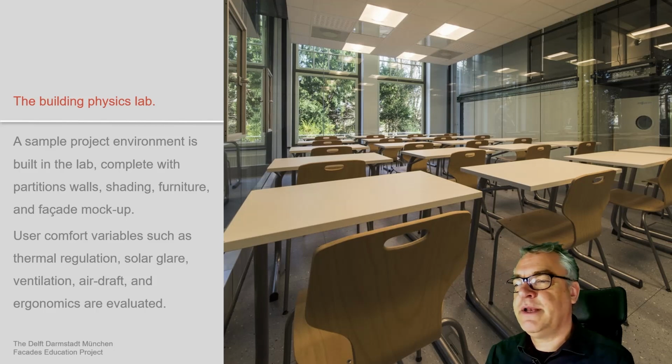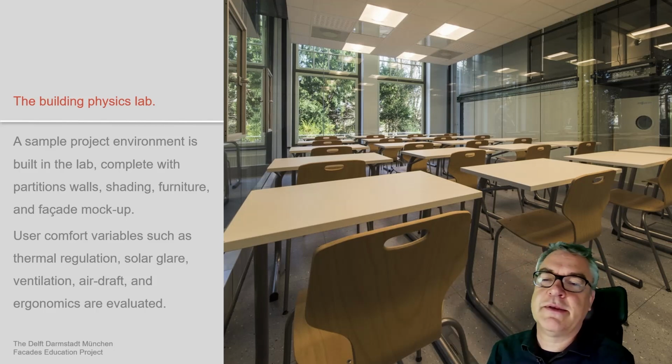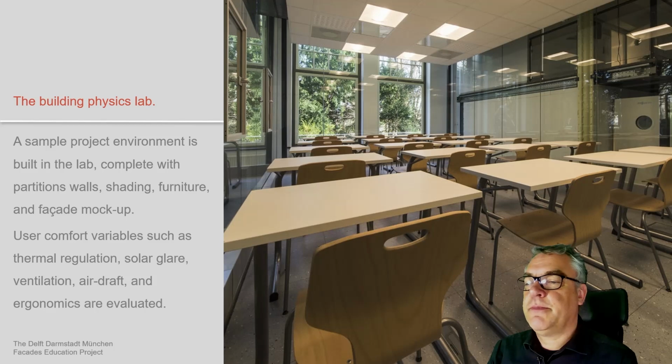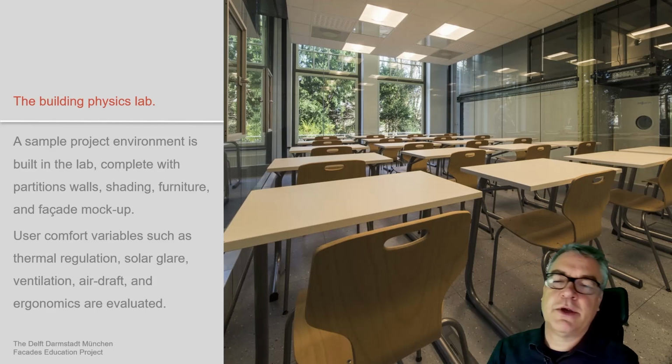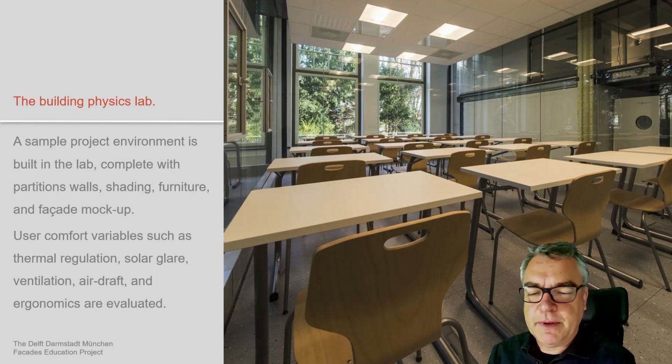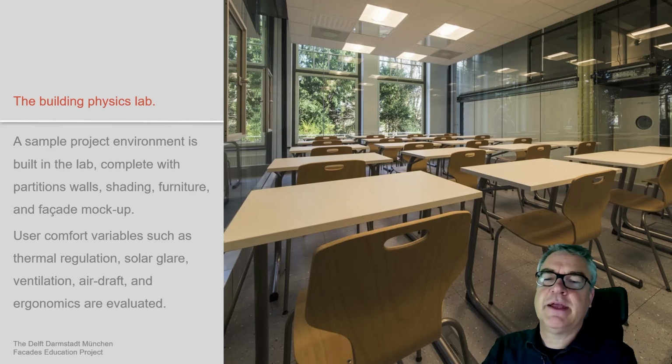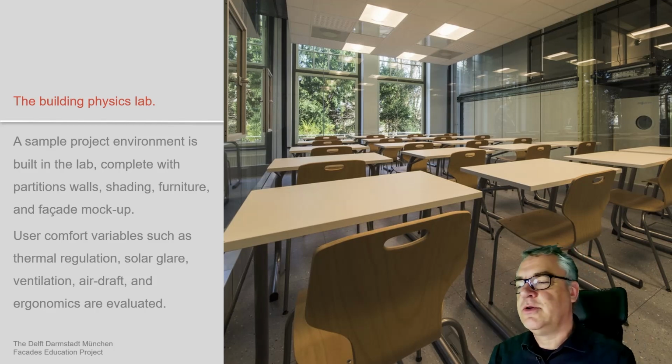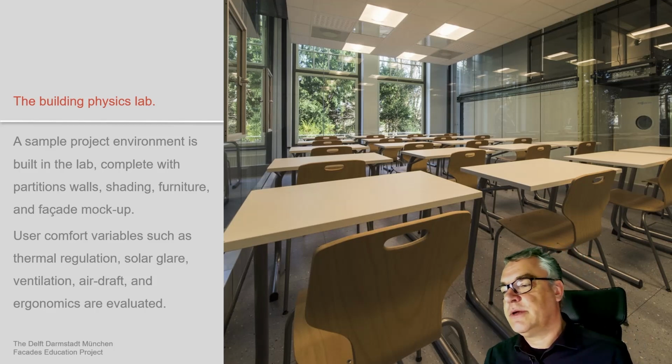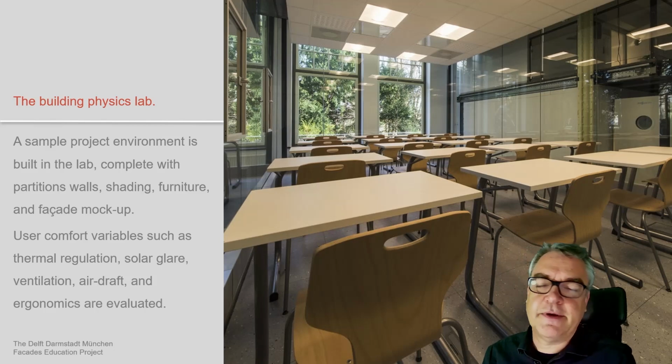And then the final one, the building physics lab. This is a device in Delft. This is a sample which we have in Delft, which is an environmental impact lab that helps you to identify the illumination, but also smell situations and air ventilation qualities for people. This building physics lab has the idea of having probands, people sitting in there and evaluating the quality you're dealing with: air draft, ventilation, ergonomics, if wanted.